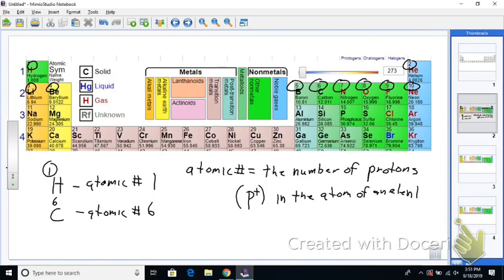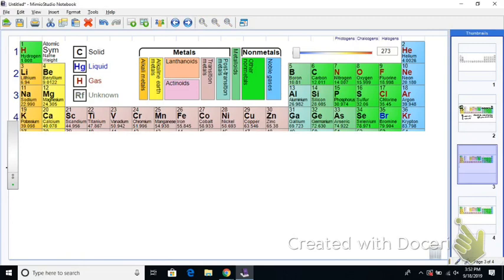Now this number that has a decimal, that's down below each one, like for beryllium, it's 9.0122. For lithium, it's 6.944. That gives you kind of an idea of what's called a relative weight. Like hydrogen's relative weight is 1 compared to helium's relative weight that's 4. So we look at hydrogen here,